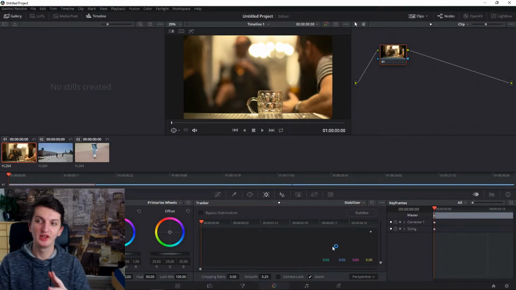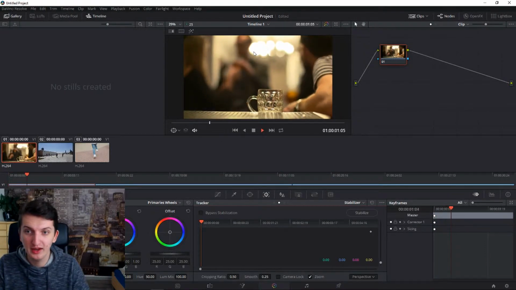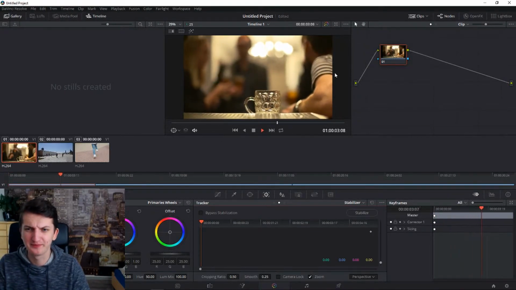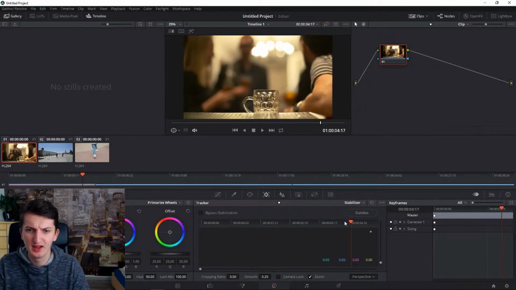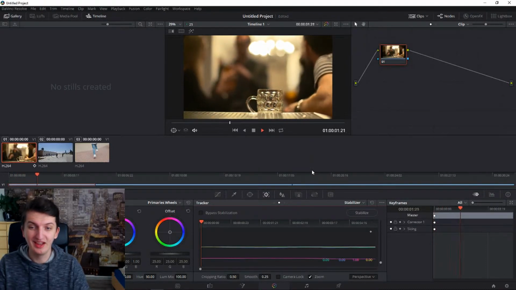And also guys, don't stabilize your 10-minute video. If your shaky video is about 30 seconds of the 10-minute video, stabilize only those 30 seconds. We got it moving and it's a little bit shaky. Now we are going to stabilize. And you see, it's